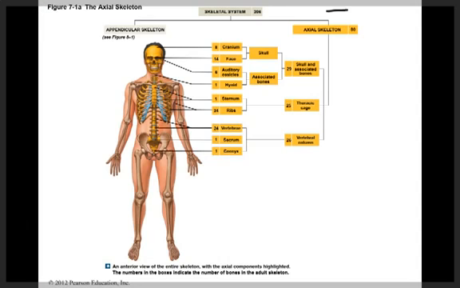Today we're going to talk about the axial skeleton, which is Chapter 7. In Chapter 8 we'll talk about the appendicular skeleton. Chapter 7 deals with the bones that protect organs in the dorsal body cavity as well as in the ventral